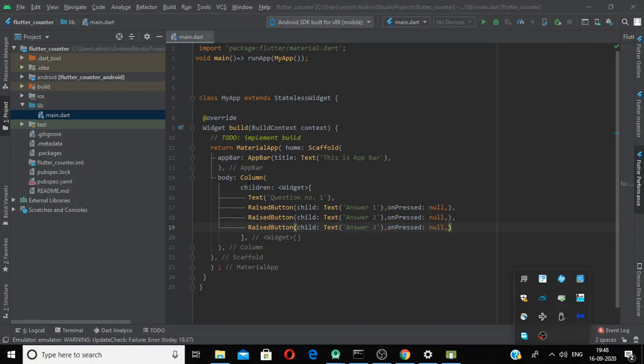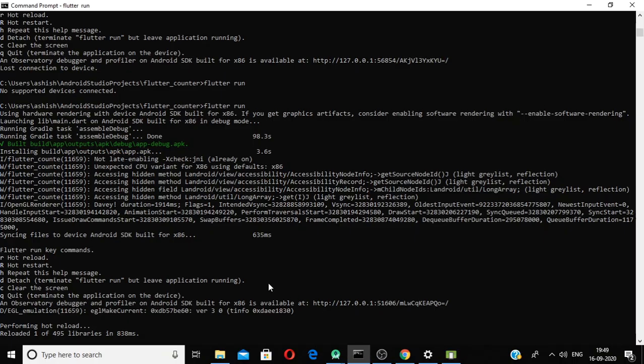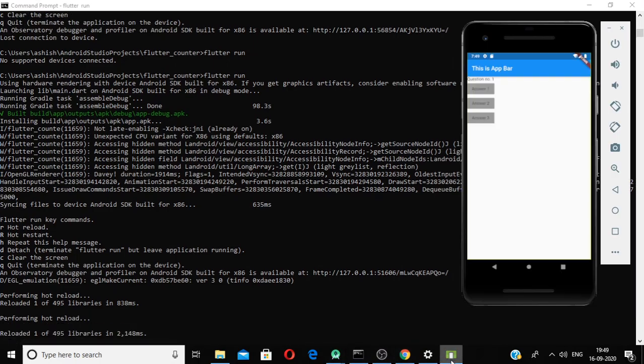So we have our widgets here. We use our invisible widget, that is column, to hold multiple widgets using a list of widgets, which uses the named argument children. And inside the list of widgets we have the text widget, then raised button 1, raised button 2, and raised button 3 widget. And if we run this now, let us see how these things appear on the screen on the mobile app. So we will do the hot reload, and let us see how things are.